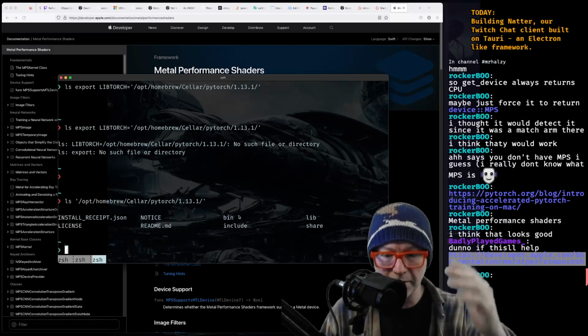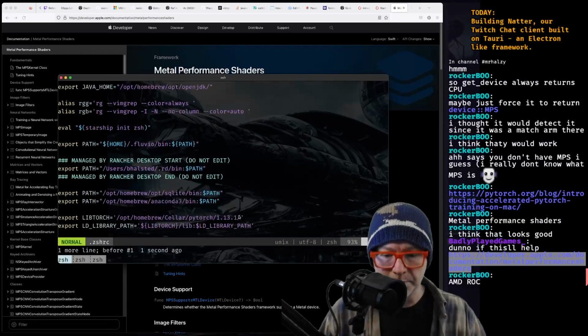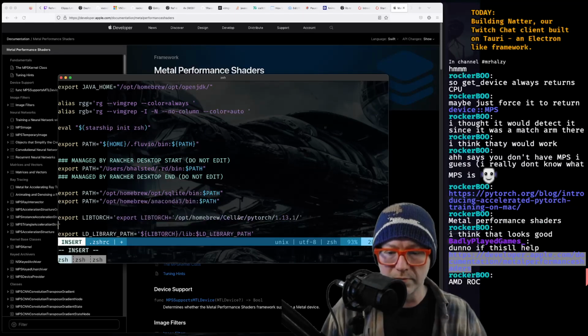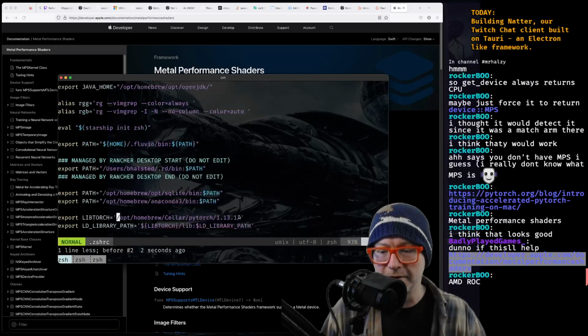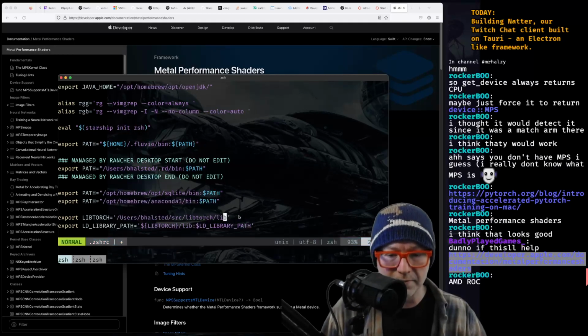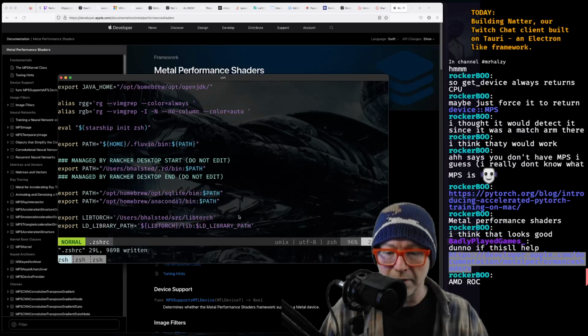It has lib, share, okay. Good. Now we have that. Fine.